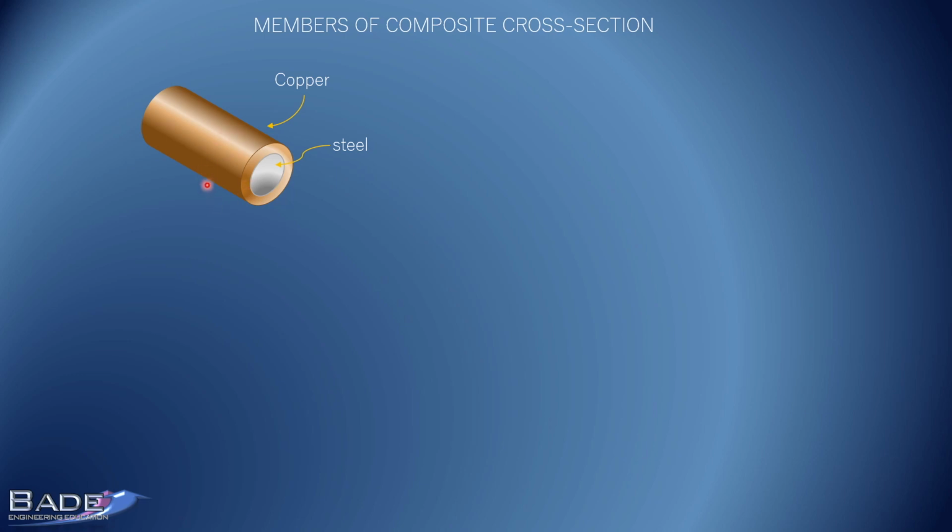So superficially it is a single body. The composite bar elongates or gets compressed under compressive load as a single body. But when you take a cross section, you realize that there are two materials supporting that axial load. So this is one example of a bar that has composite cross section. The cross section is made of two materials.